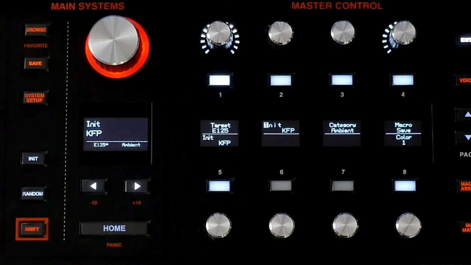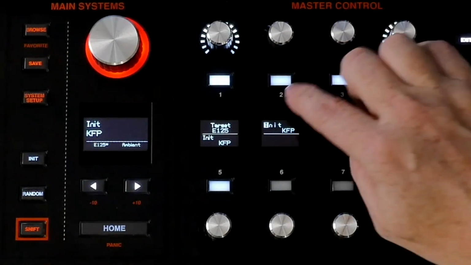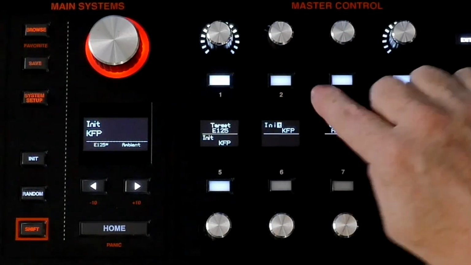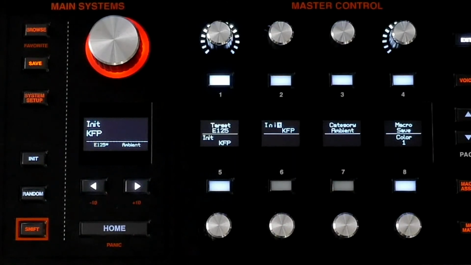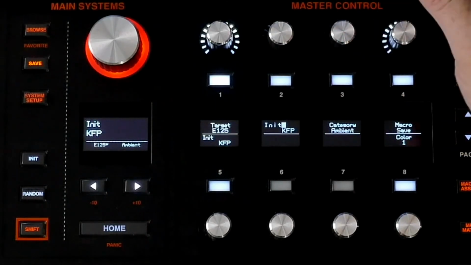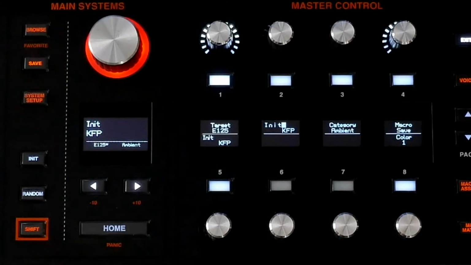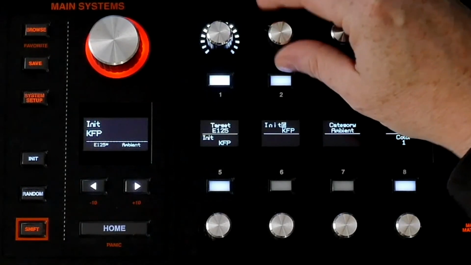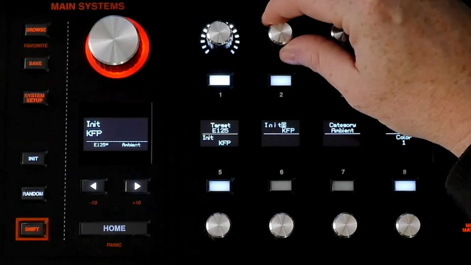We're going to press the save button and then go ahead and name it. Now I've named mine init, and then you'll notice I have my 3 initials at the end here. That's just so that I don't have to input my own initials every time I create a preset. You can do this however you like. I also like to give an indicator as to what sort of patch this is. So I might say, call this